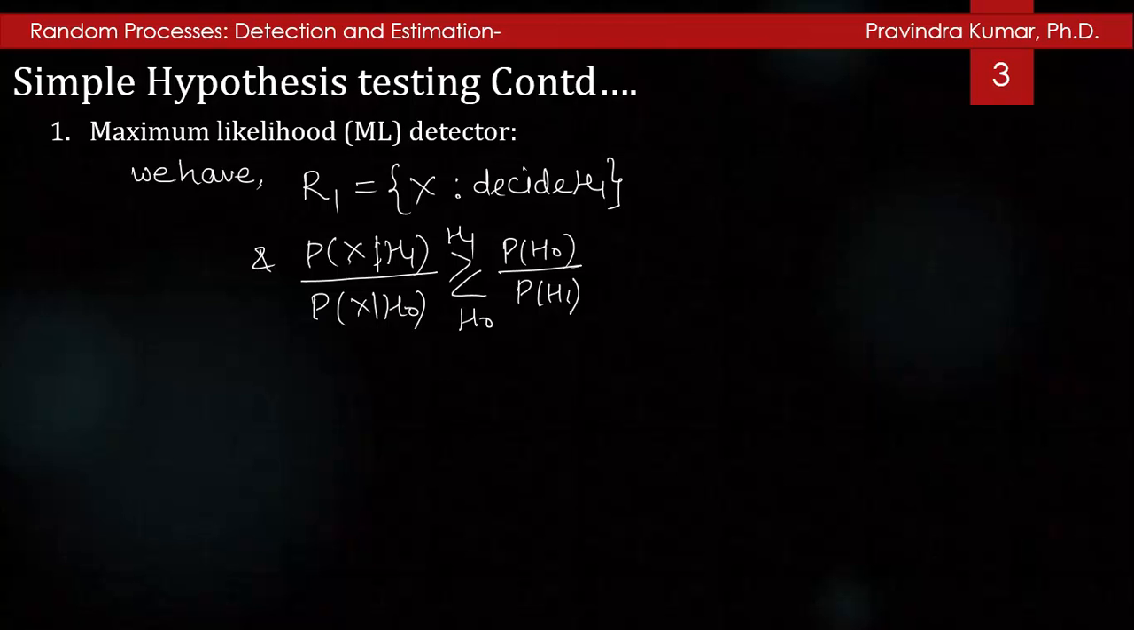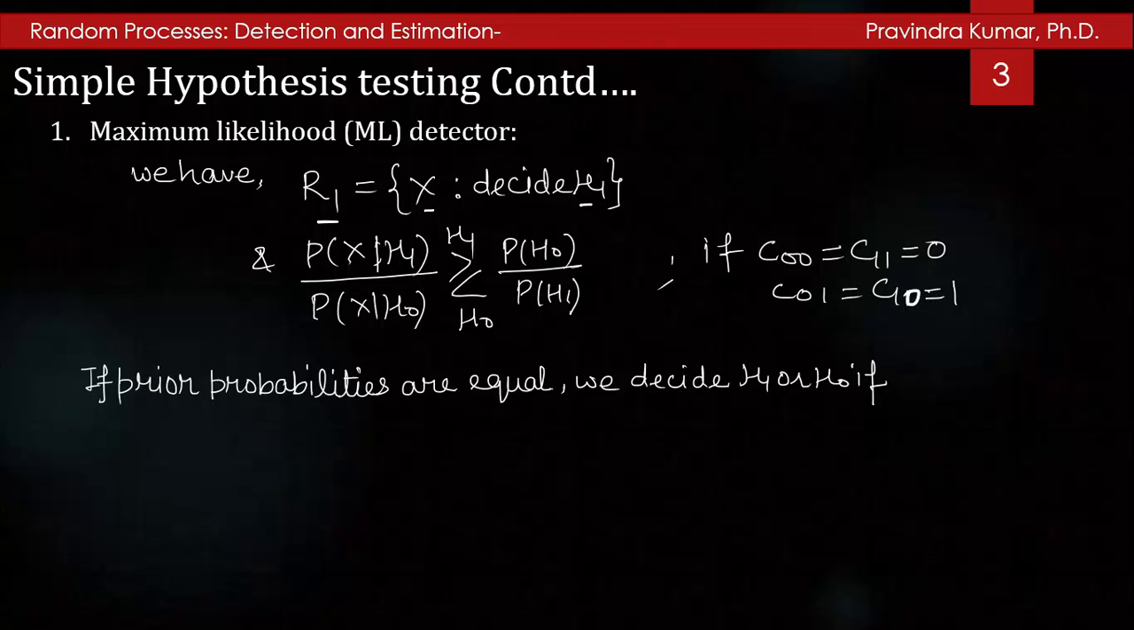We know from the previous lecture that the critical region R1 is the set of all sample points which decide H1, where the conditional likelihood ratio is greater than or less than the ratio of the prior probabilities, P(H0) by P(H1). If the prior probabilities are equal, and C00 equals C11 equals 0, meaning no cost for the correct decision, and C01 equals C10 equals 1,